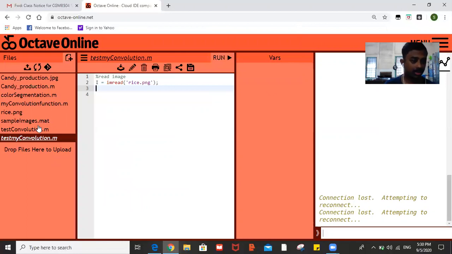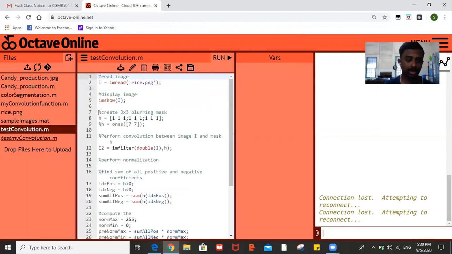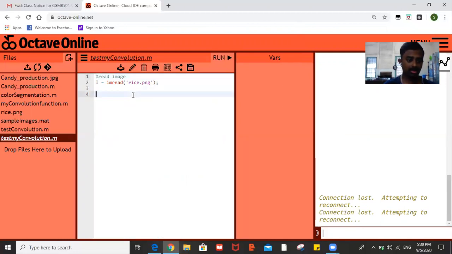So I'm going to start with test convolution, and then I'm just going to copy paste this. Okay, as you know, this mask is basically for H smooth. So I'm going to put it for H smooth because smooth images have all the masks to be 1. And yes, we also have the sharp image. To find the sharp image, we have to use the same thing where